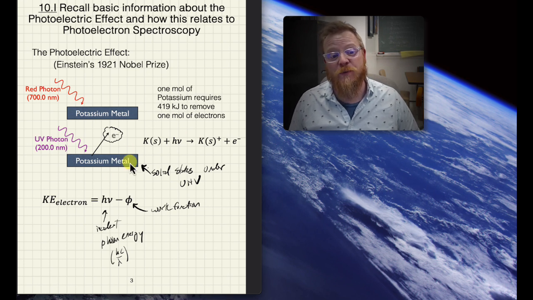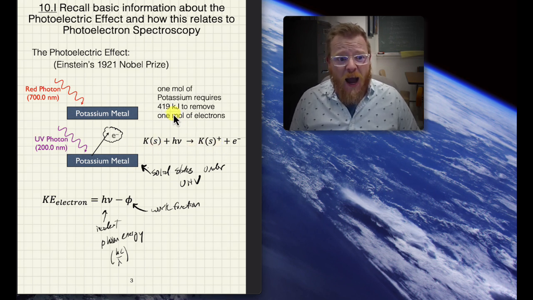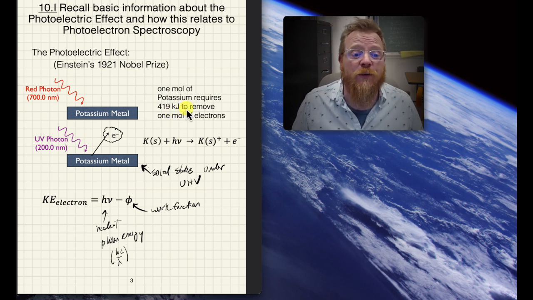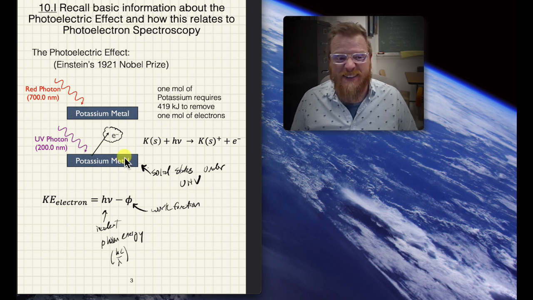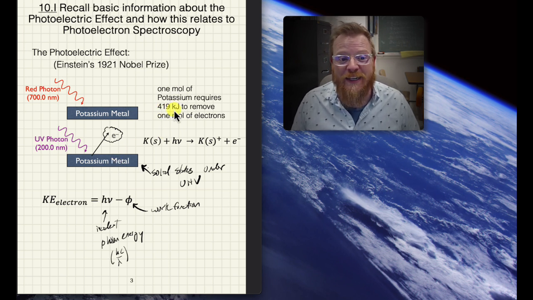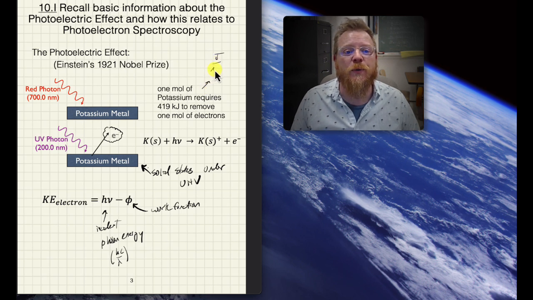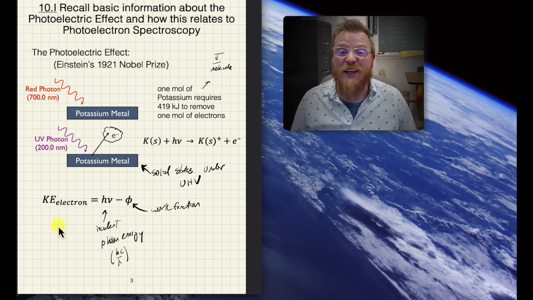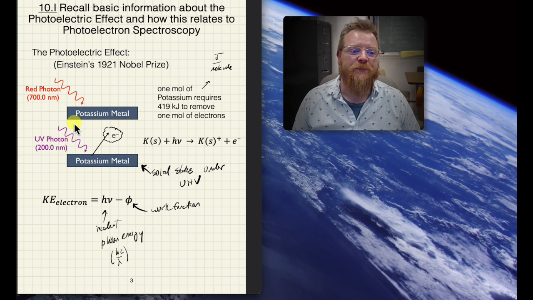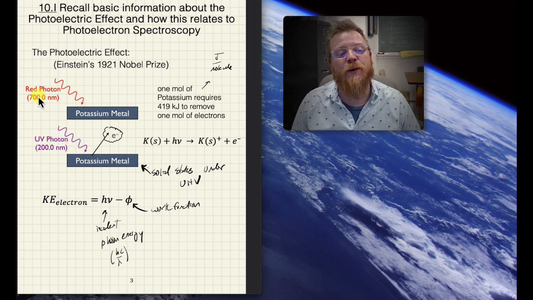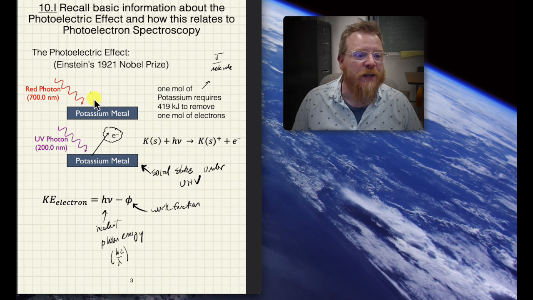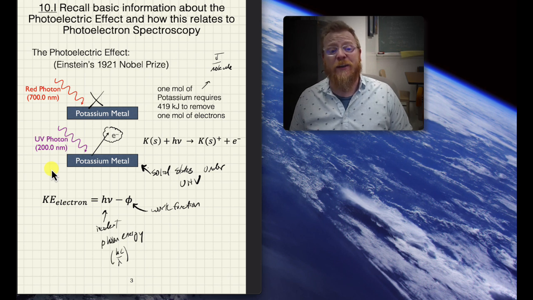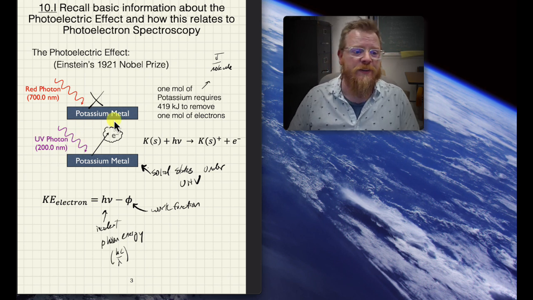electron. For example, in this picture shown here, potassium requires 419 kilojoules per mole, or 419 kilojoules to remove 1 mole of electrons from 1 mole of potassium. If we were to convert that 419 kilojoules into joules per single molecule, we could then convert that into either a wavelength or a frequency, so we could see what threshold value we need. We would discover that a 700 nanometer photon is not energetic enough to do it, so we will not get any photoionization. But a 200 nanometer photon is energetic enough to do that, so we will get an ejected